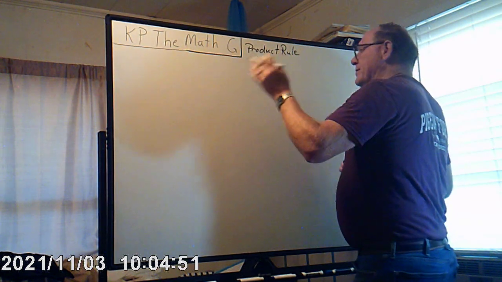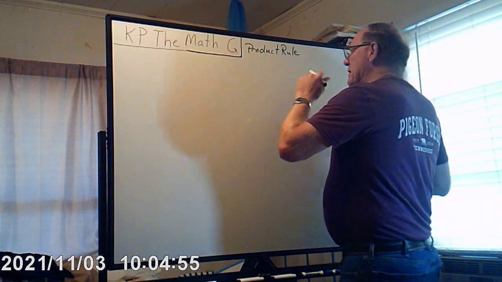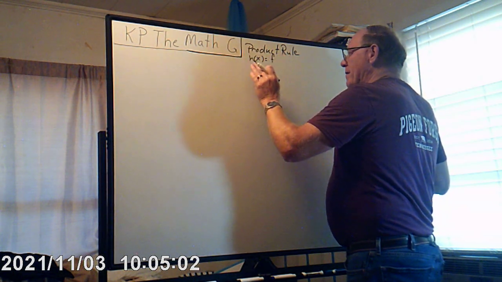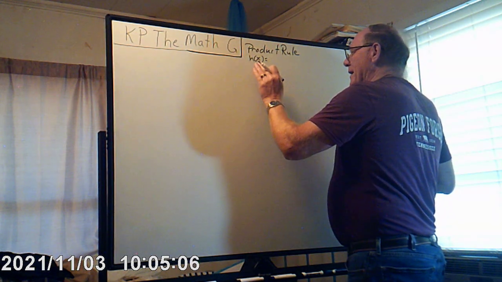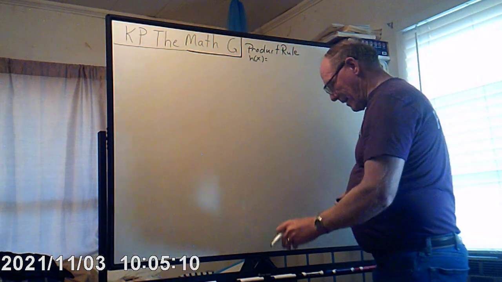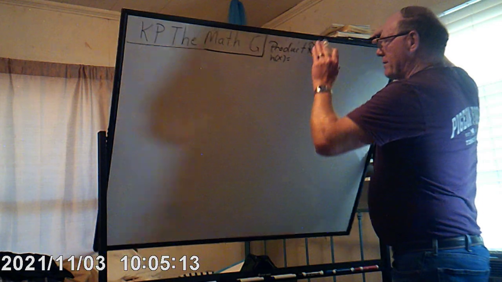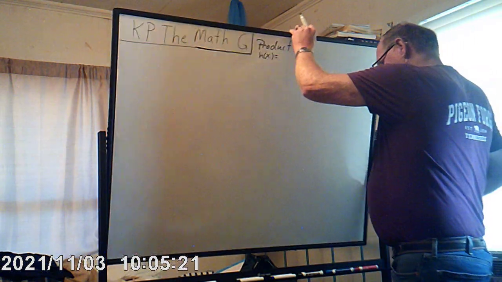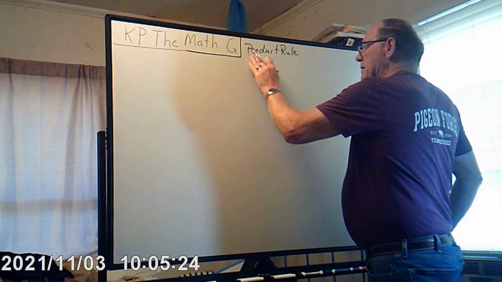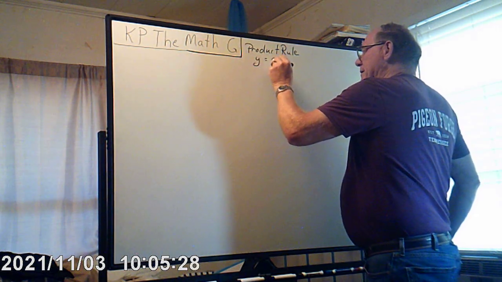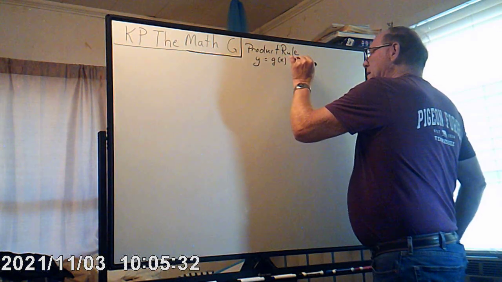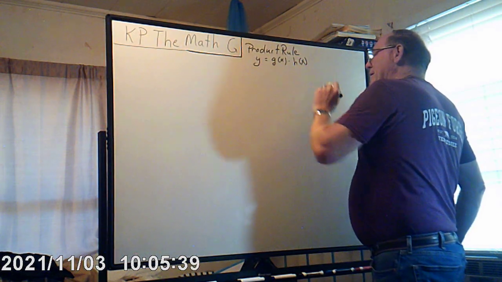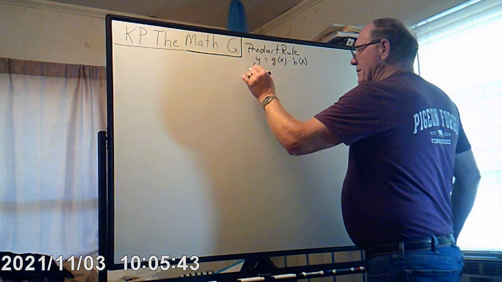Remember that you have two functions, f and g or whatever. So let's see. If h of x is equal to f of x, I probably should just leave it like I had it last time. What two letters did I use? G and H. So if y is equal to g at x times h at x. Now one thing you can do, you've got to remember, y prime or dy over dx,